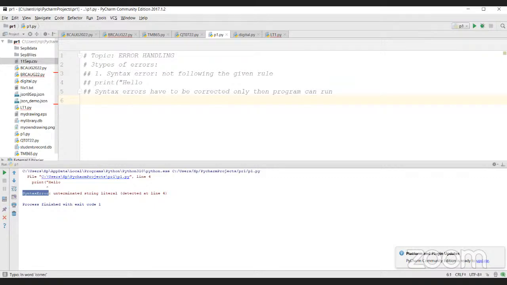The second type of error is called a logical error. Logical error is the most difficult of all to find, because the program will not tell you there is an error. So for example, the question is,